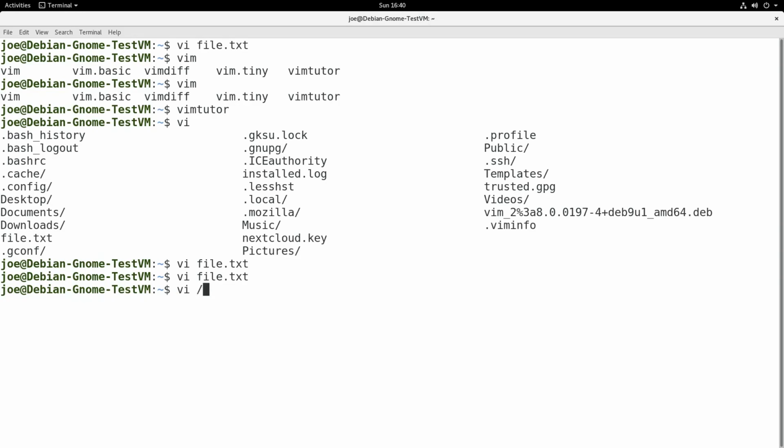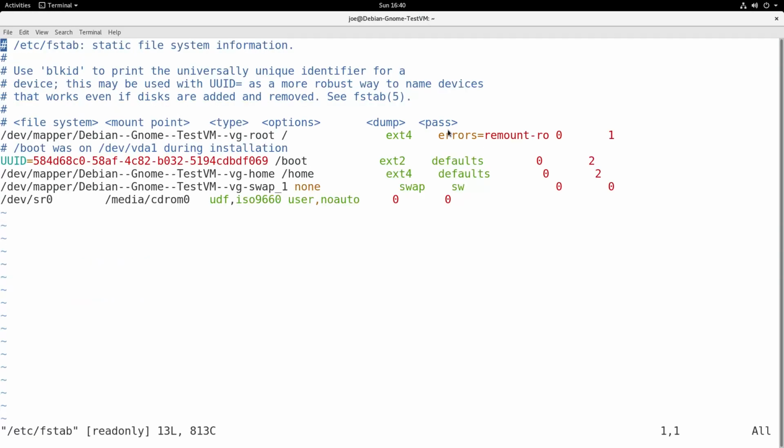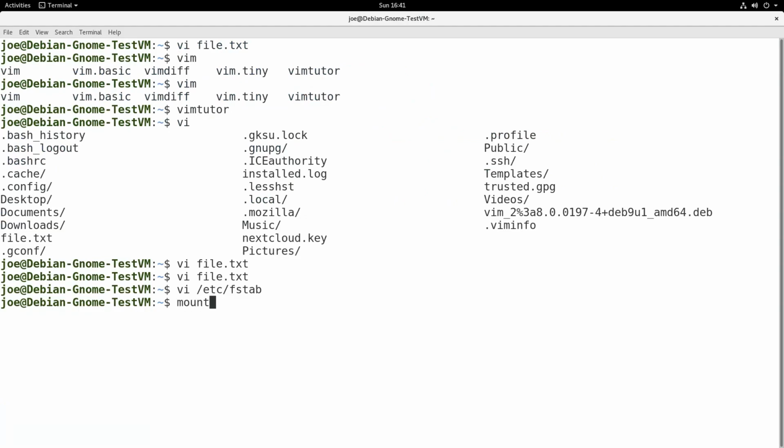Let's say you did this, vi /etc/fstab. You want to make some changes to your fstab file. Quick disclaimer: don't make changes to your fstab file unless you know what you're doing. You can prevent your system from booting up. If you do make changes to your fstab file, please do a mount -a before rebooting your system to make sure that your fstab file actually works. What do I mean by that? Issue this command. If that command does anything other than return blank,